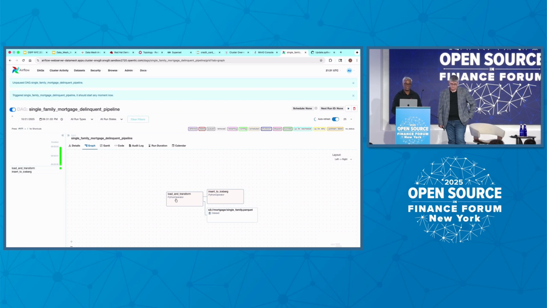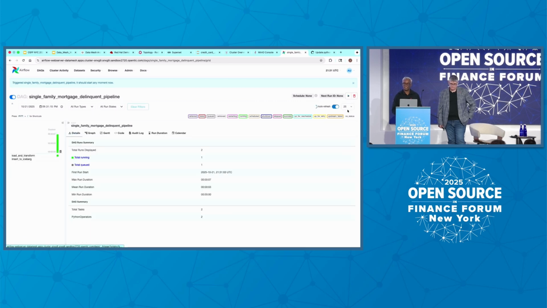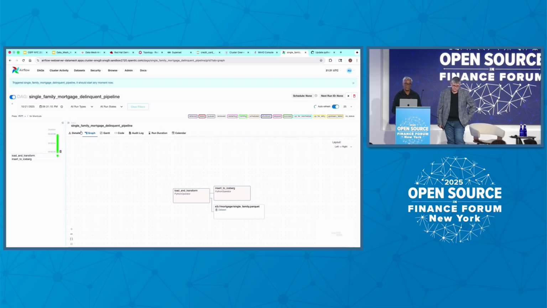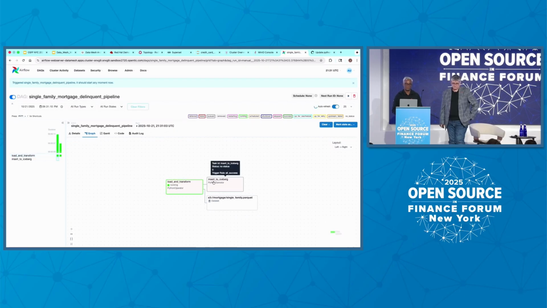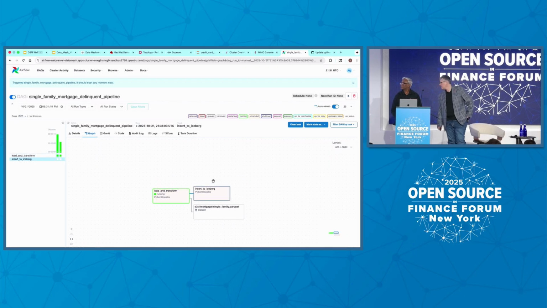So it loads the data from the Excel sheet, processes it, and puts the data into the MinIO bucket. It's running. It takes a bit of time. It's processing a lot of data from the Excel sheet from Freddie Mac, transforming the data and putting it in the S3 bucket.